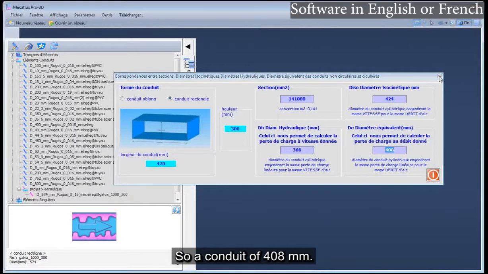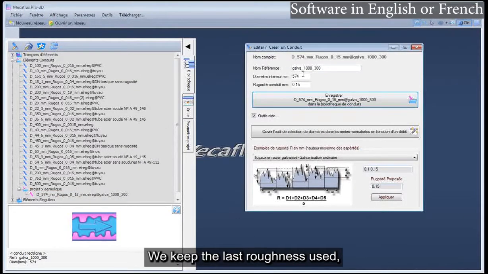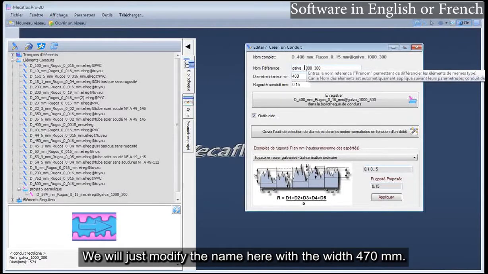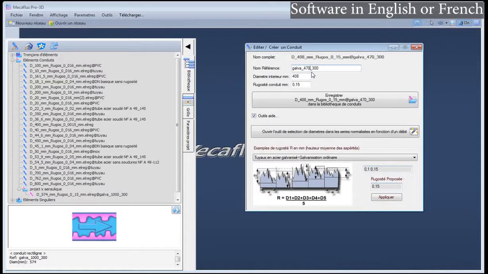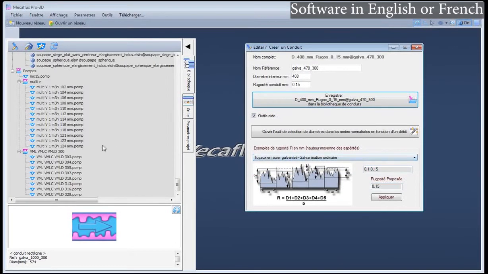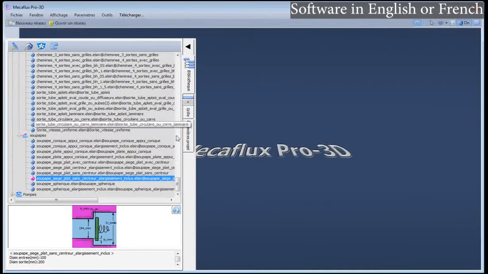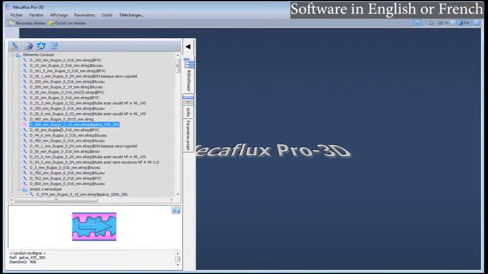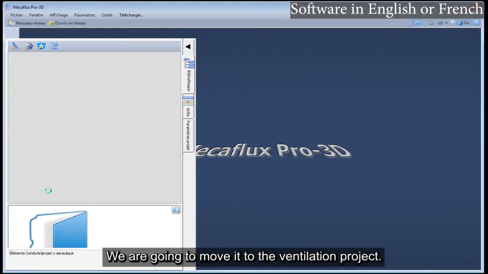So a conduit of 408 millimeters. We keep the last roughness used. We will just modify the name here with a width of 470 millimeters. And we record in the library. We are going to move it to the ventilation project.